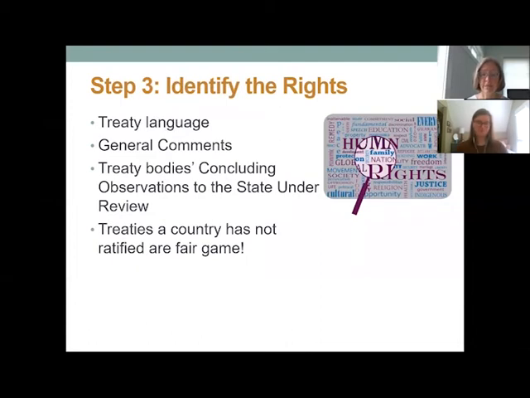Yeah, and this is a great opportunity, especially for countries that haven't ratified some of the key human rights treaties. The UPR is your opportunity to encourage them to ratify those treaties. So this is your chance if you're in the United States, which hasn't ratified the Convention on the Rights of the Child. The UPR is your real big chance to advocate for that ratification. So that's certainly fair game. And as I said, it's a very broad approach to human rights, so almost anything is potentially relevant for your UPR stakeholder report.